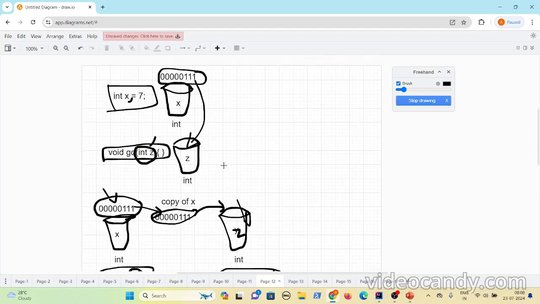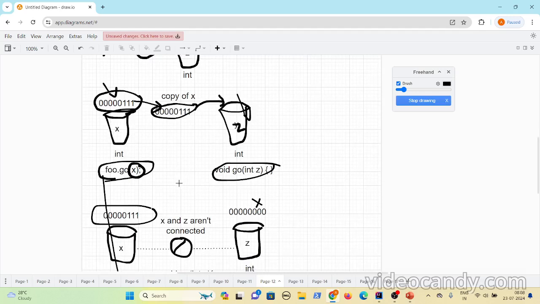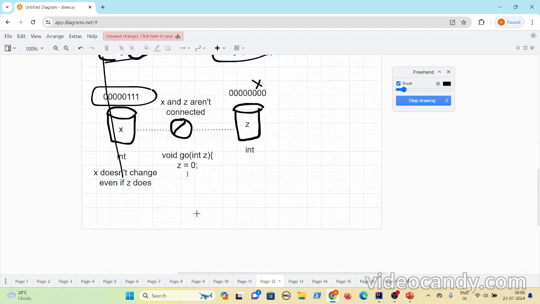And here we have used primitive values. What if you use reference variables, like if you want to pass a dog object? We will talk about how method parameter copying works for reference variables in later videos. Okay, so Java uses pass by value, it copies the values. So even inside the method, if something changes the z value, it will not impact x.